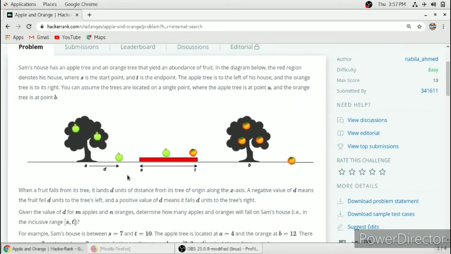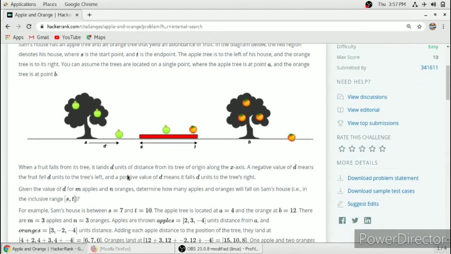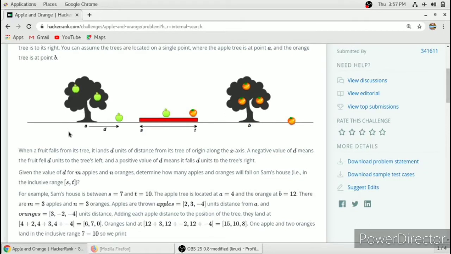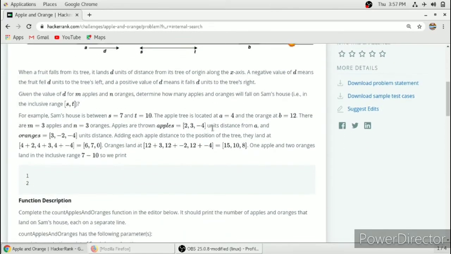So when a fruit falls from the tree, when the distance is a positive integer, it means the fruit fell on the right side of the tree, and when the distance is negative, the fruit fell on the left of the tree. And it is the same for both the apple tree and the orange tree.